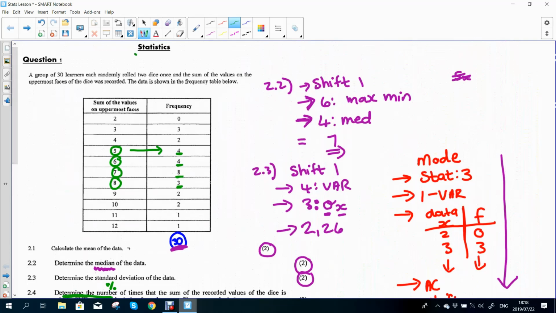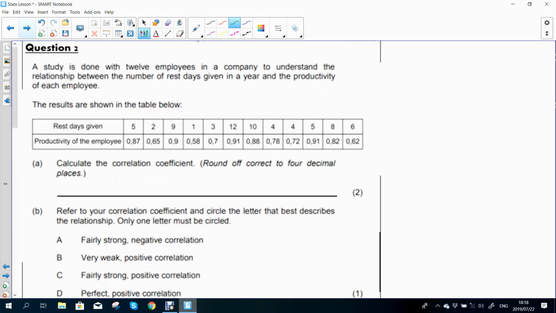Overall statistics, let me just give you this tip. Statistics is a really easy section, and this is the section where you can really score marks. If you can understand the stats, and if you can understand what you are looking at and the values that you are working out, it makes stats quite easy and very nice to analyze.